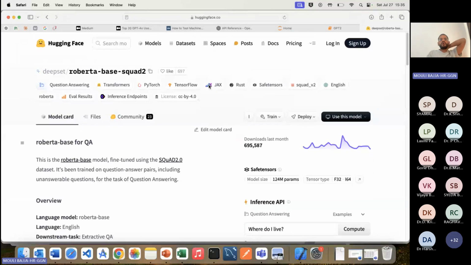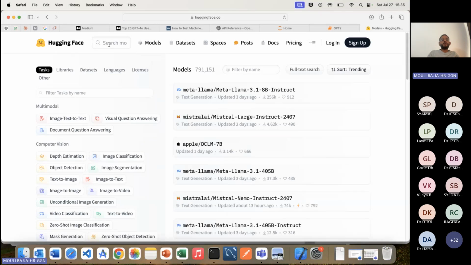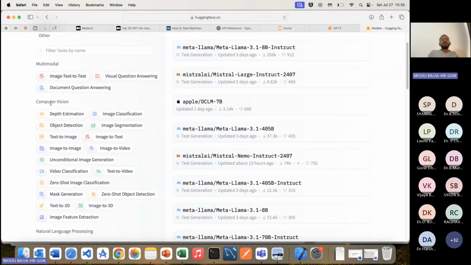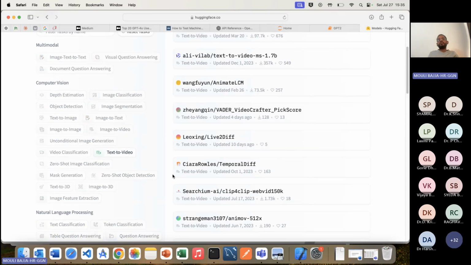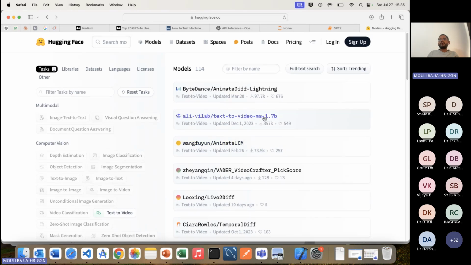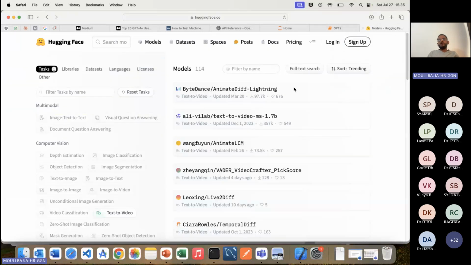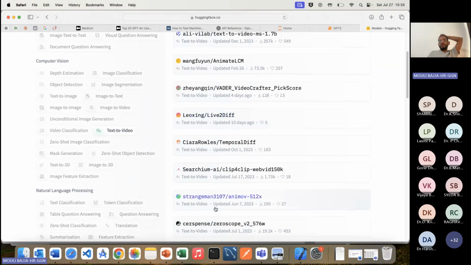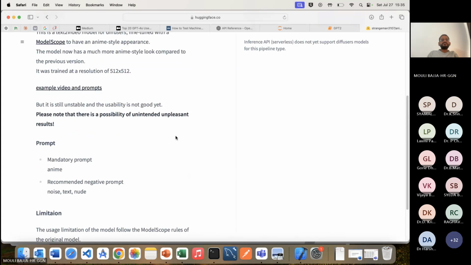All right. Now, if you want models in computer vision, you can look for computer vision models. See, depth estimation, image classification, image to video or text to video. So you have a text to video model. You can take this model, you can call the model, and if you want to fine tune, that itself is painful. You just utilize the model and get your text to video generated. I have not tried, but you could give it a try.